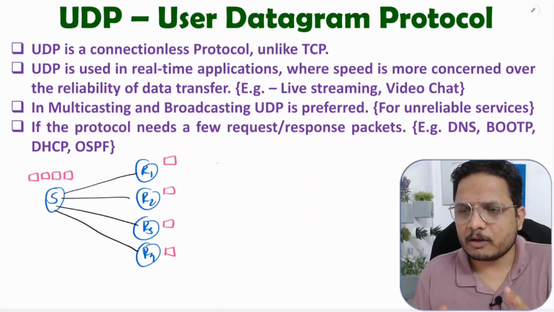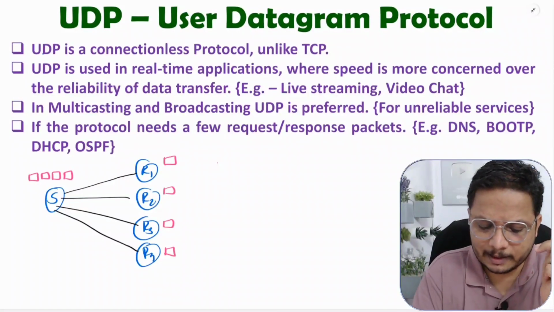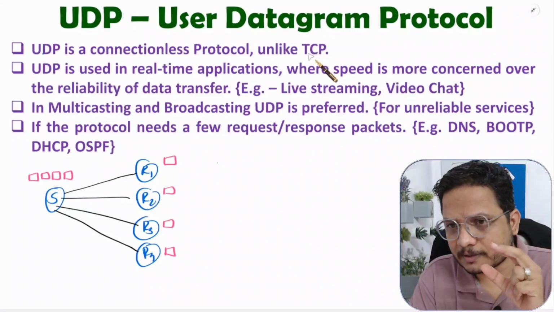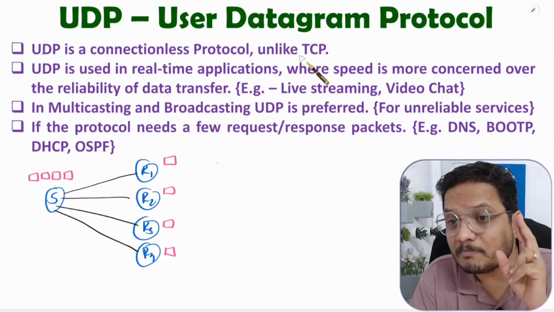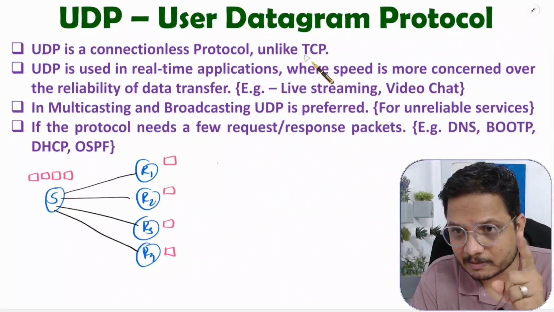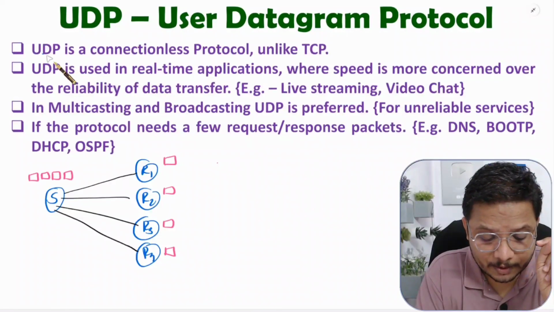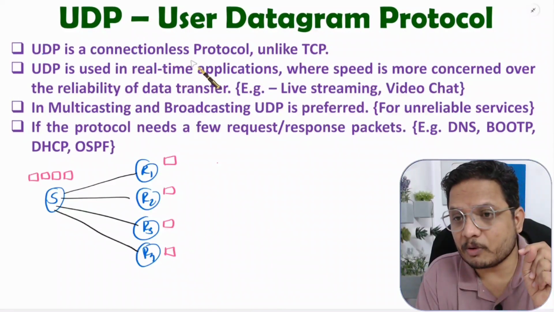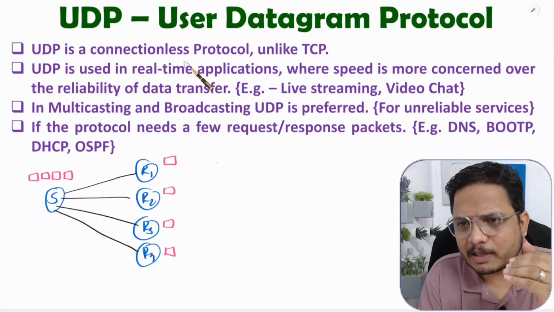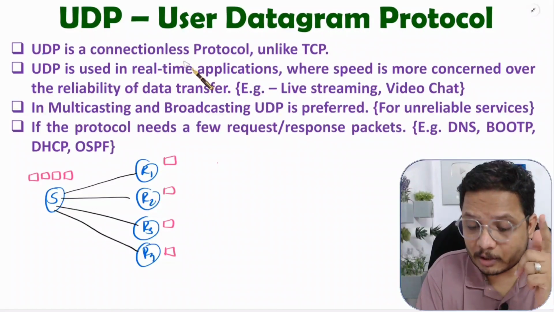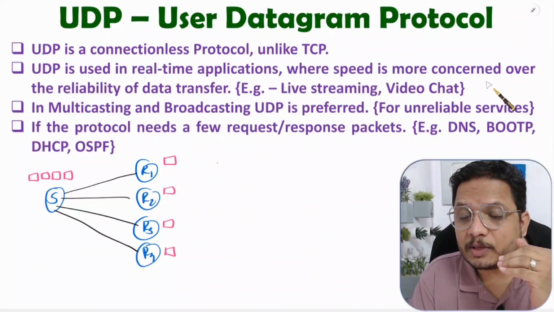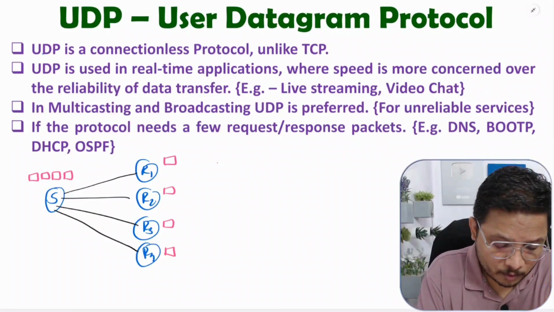So in short, all you need to understand is, TCP is a reliable service in which there will be no data loss. If some data is missing, in that case there will be retransmission. In case of UDP, we have a connectionless protocol. You don't provide connection establishment and all those things. Here you will be more concerned about speed. So if you need more speed, then you should go for UDP.